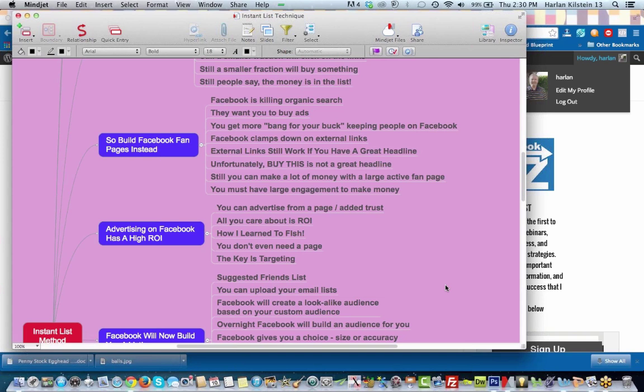Typical ROI that I've seen is $4 for every dollar I invest. Heck, these are both better than banks or Wall Street. And I've gotten as much as $22 back for every dollar I've invested. Now, I believe I told you that there are people who make significantly better than that.